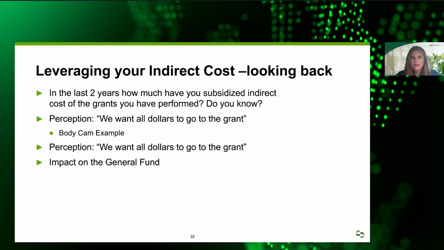The public wanted them because they wanted to make sure there wasn't wrongful force or whatever it might be, that everyone was being treated fairly. So it was a common goal of both sides. And so a whole bunch of grant funding came out to purchase the actual body cams, the physical equipment. What happened was police departments across the country went after these dollars, not really realizing what it was really going